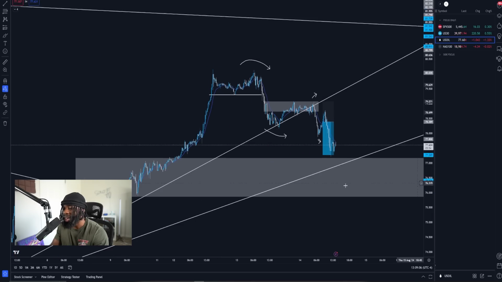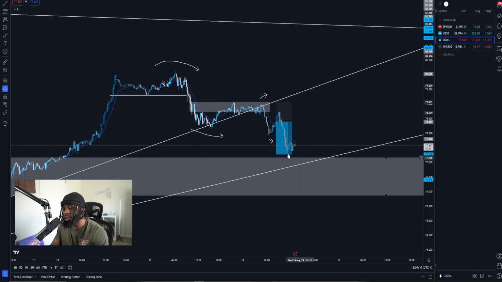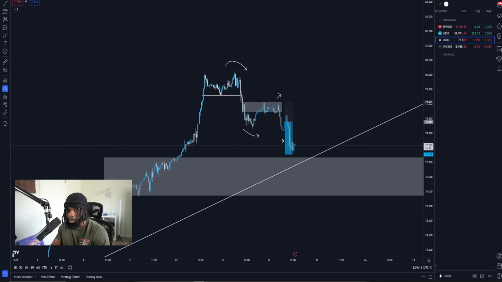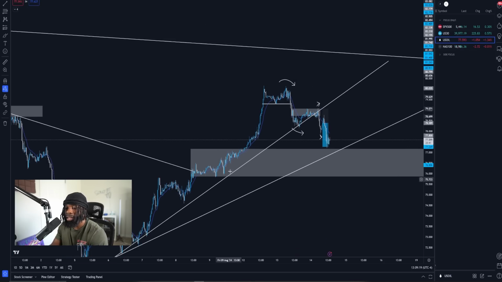I actually just got off it early. I was still looking on it, and I'm still looking on it to shoot down, as I can definitely tell you that it is going to shoot down. But I'm done for the day, I'm done for the week, to be honest. But essentially, this area that I marked here is